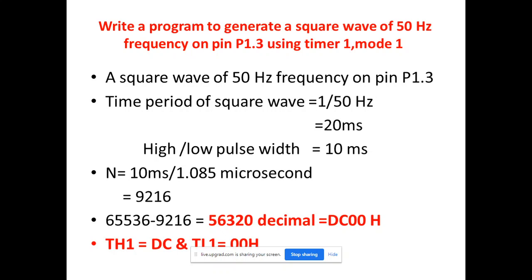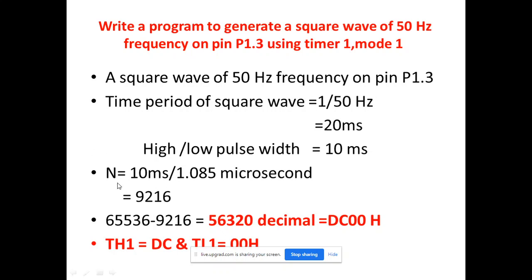According to that we calculate the timer frequency, that is 921 kilohertz. All of you know this part. And 1 upon 921 kilohertz is 1.085 microsecond. You know this value; every time you use the same value for the 11.059 crystal frequency.